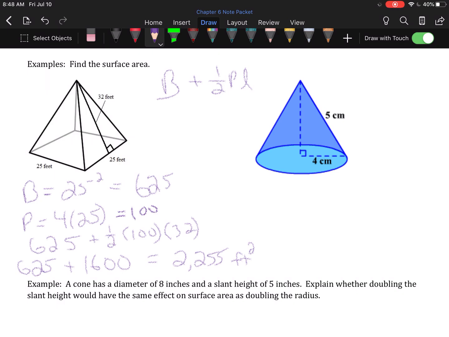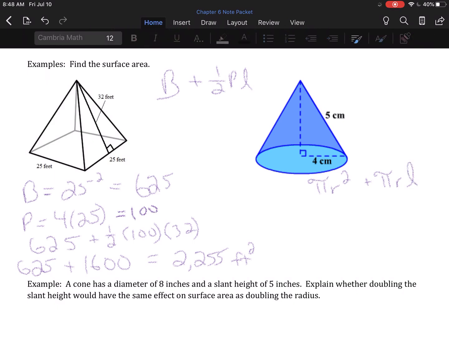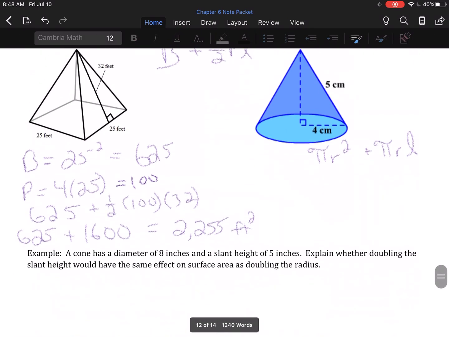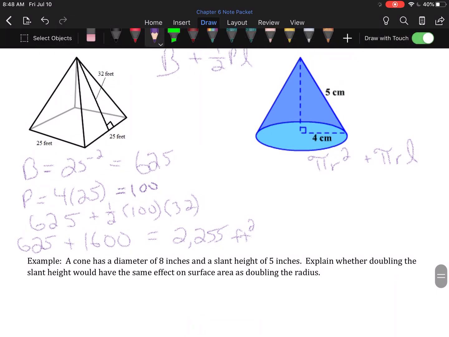For a cone, it's a very specific formula of pi r squared plus pi rl. Let me double check that, make sure I'm not crazy. Yes, pi r squared plus pi rl. So this is even easier. The radius is 4, and the slant height is 5. 4 squared is 16, so I've got 16 pi plus 4 times 5 is 20 pi. That means my answer is 36 pi